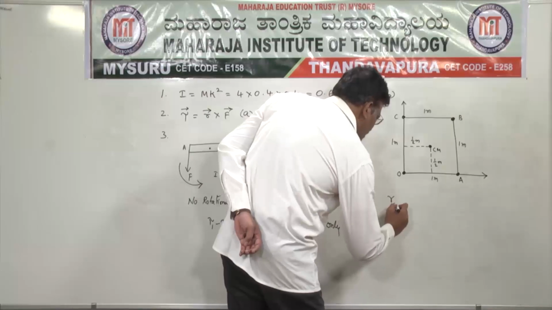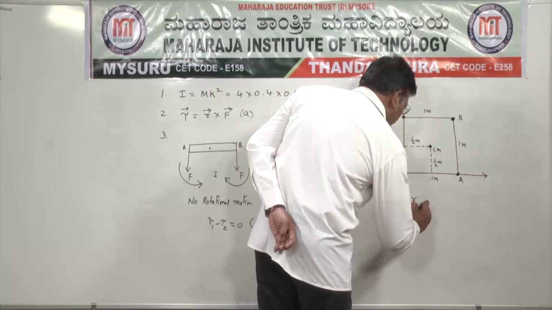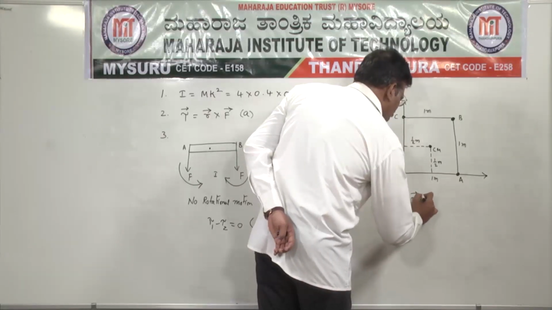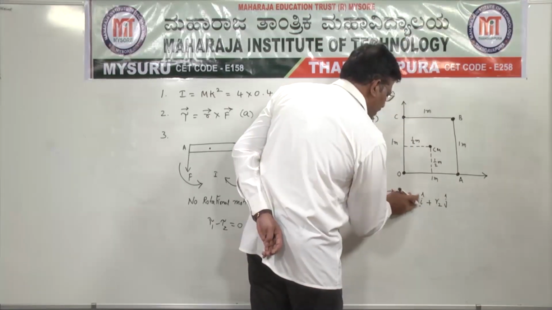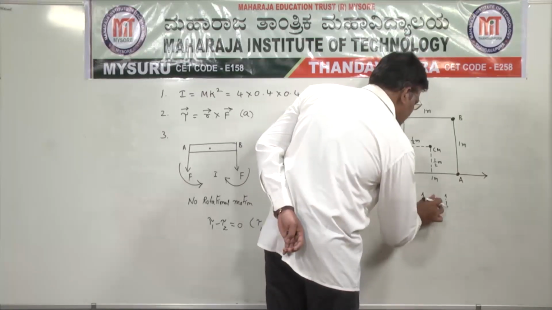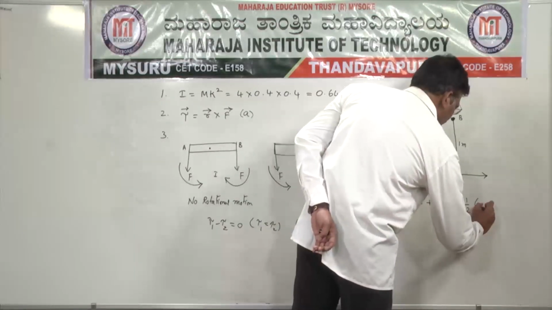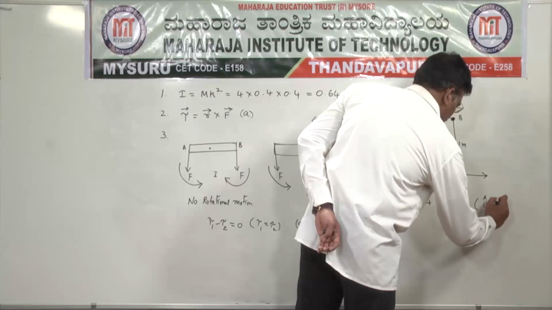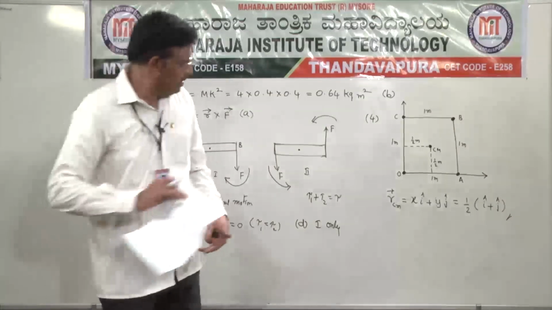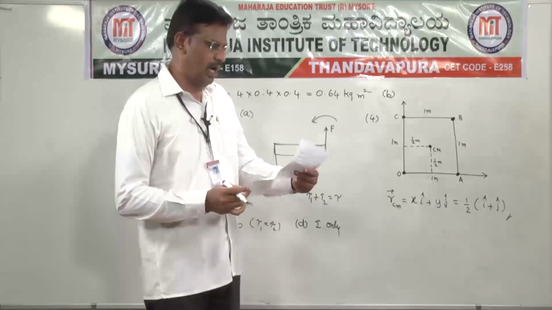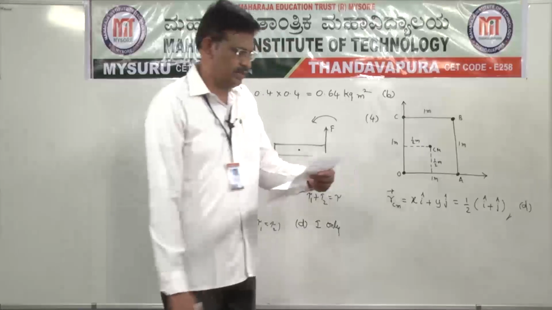So therefore R_CM bar, the position vector of center of mass, is equal to R1 bar into i cap plus R2 into j cap, or you can write this as x into i cap plus y into j cap. Here x is equal to 1 by 2, y also equal to 1 by 2. So therefore 1 by 2 into i cap plus 1 by 2 into j cap. This is the answer for the fourth question. Option D is the right option. Option D. Next, question number 5.